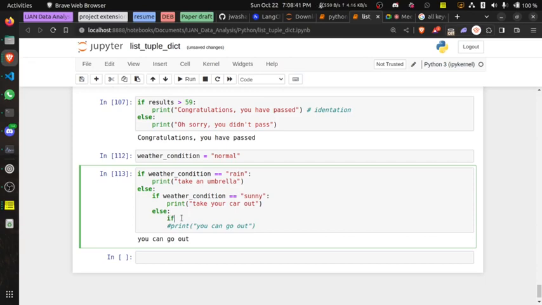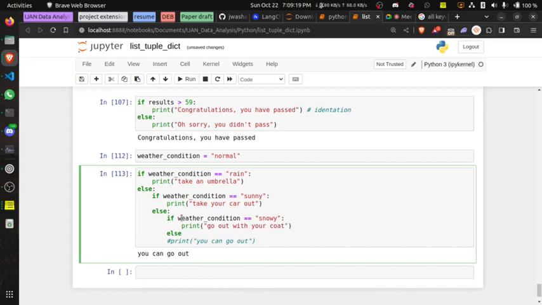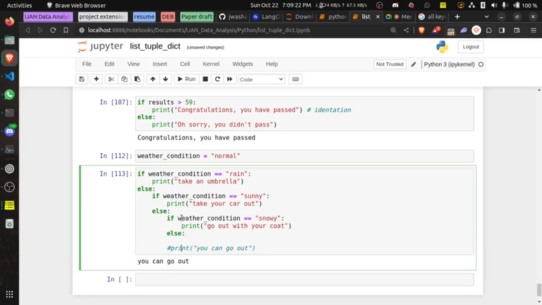So else, if the weather condition is, okay, snowy. I don't know if this is something, but let me just say it like this. If it is snowy, then print "Go out with your coat," and else print what? Now I can bring this back.